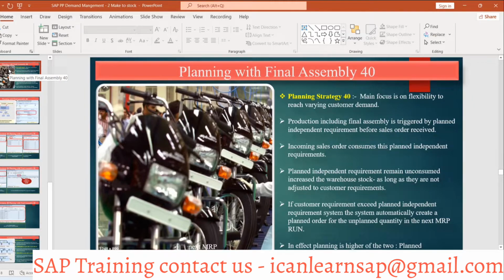So what is the agenda of this planning strategy 40? Its main focus is on flexibility to reach varying customer demand. See, it is the realistic scenario happening in the industry. There is always a difference between your PIR and your customer order or sales order. So production including final assembly is triggered by the planned independent requirement